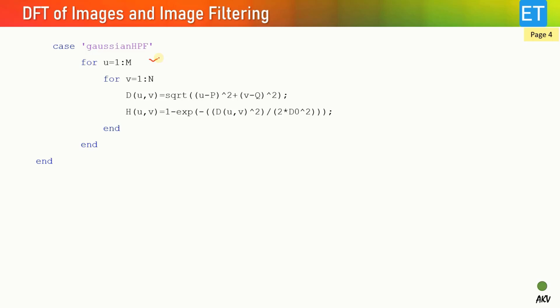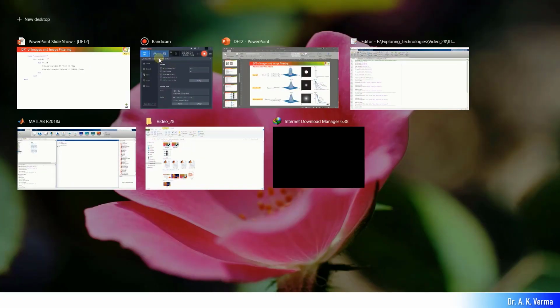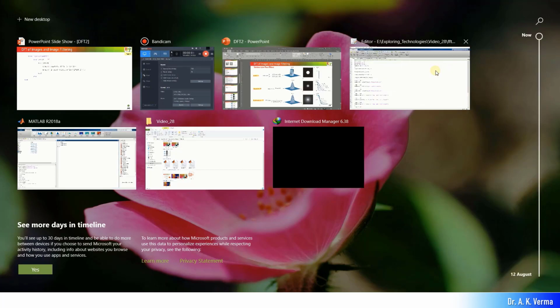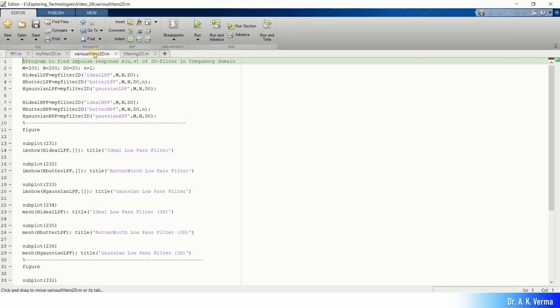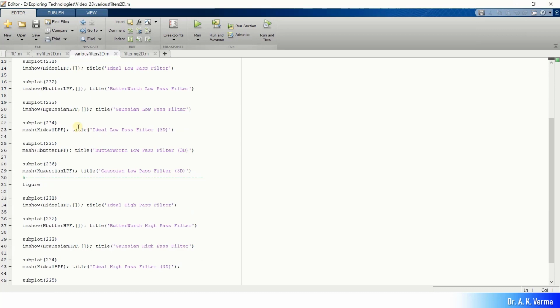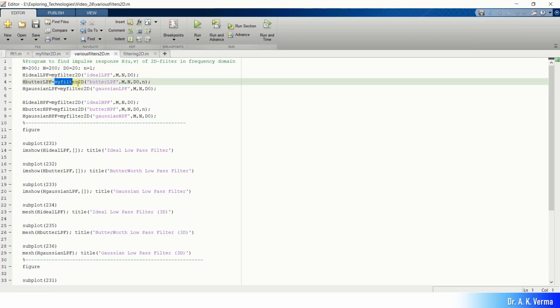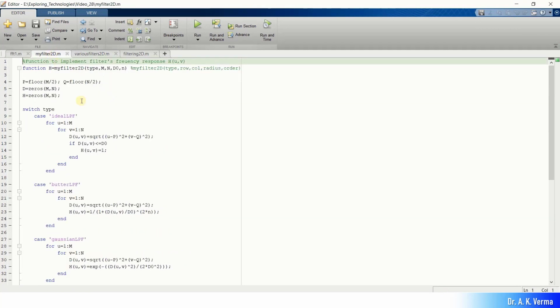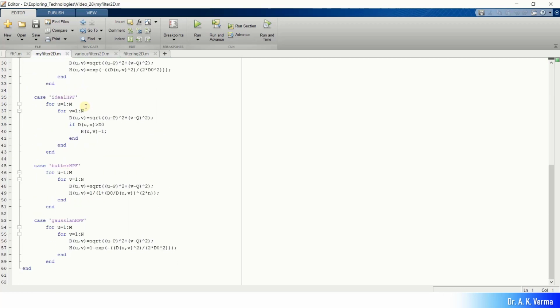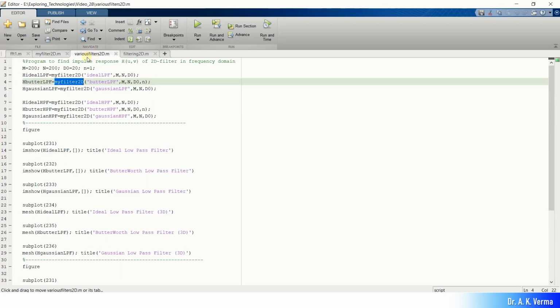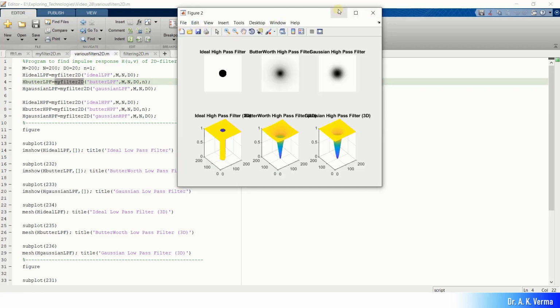So now let me run this program to generate the filter responses for all these 6 types of filters. I am jumping to my Matlab editor, and this is the code which I have already written. This myFilter2D is the function which I have just explained to you. It is also written there. So let me run this program, myFilters2D, just running it. And yes, I got these